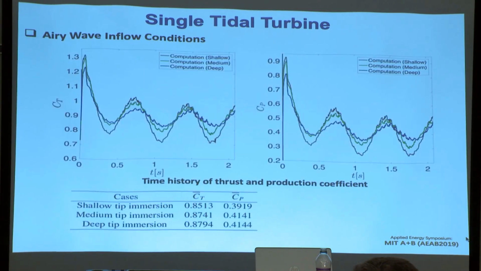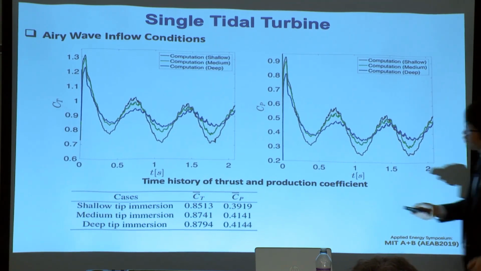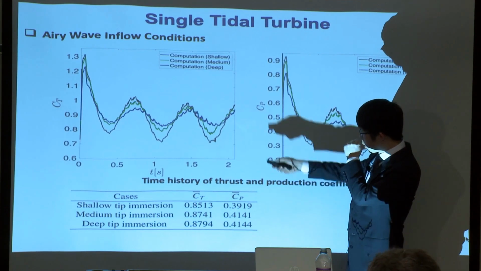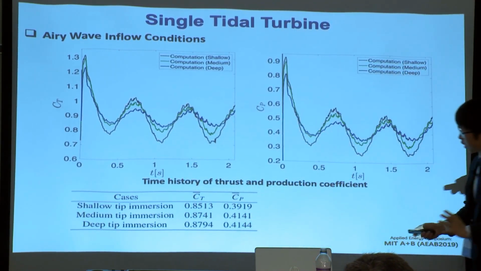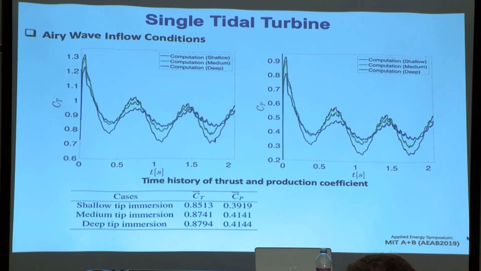Because you have waves, you will see much fluctuation in the thrust coefficient and the power coefficient. However, if you average the coefficients in the fully developed stage, you still see that as you place your turbine closer to the free surface,